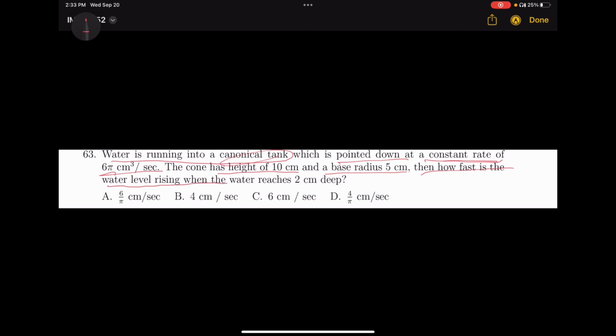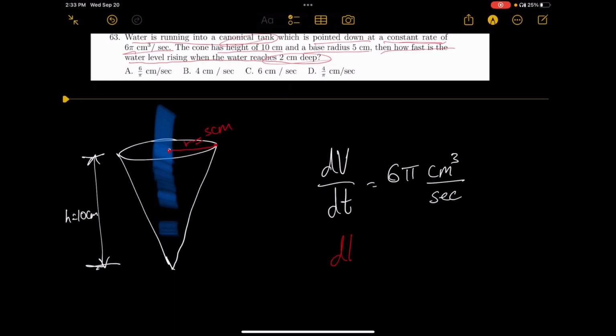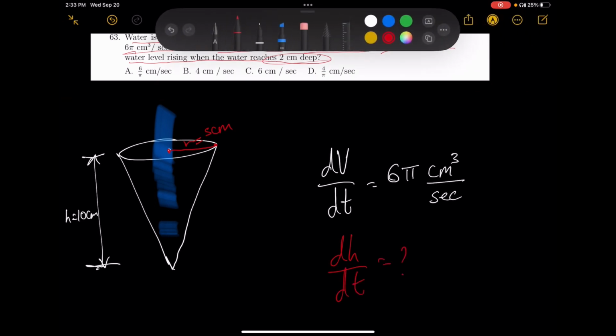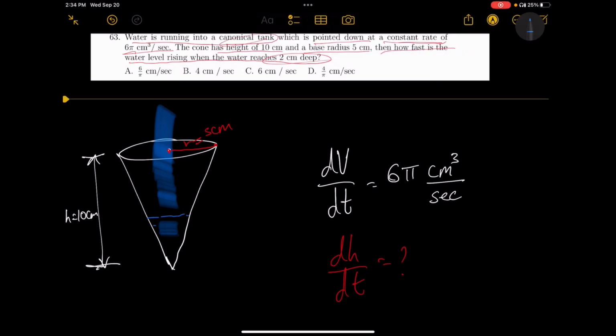Then how fast is the water level rising when the water reaches 2 centimeters deep? What we are being asked is dh by dt, the rate at which the height is rising. If we say this is 2 centimeters,